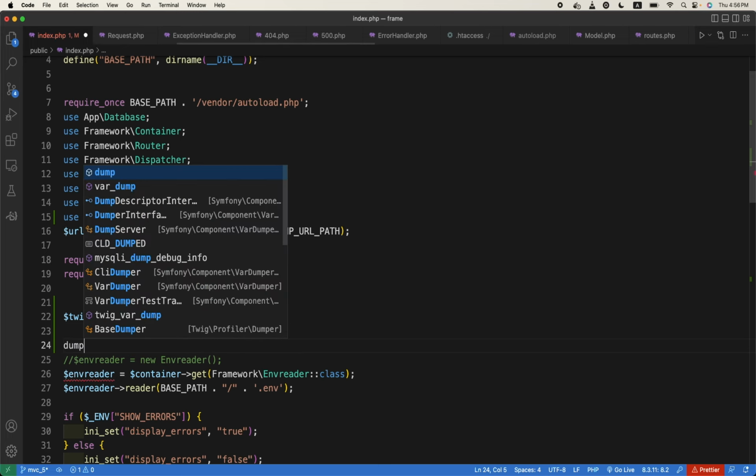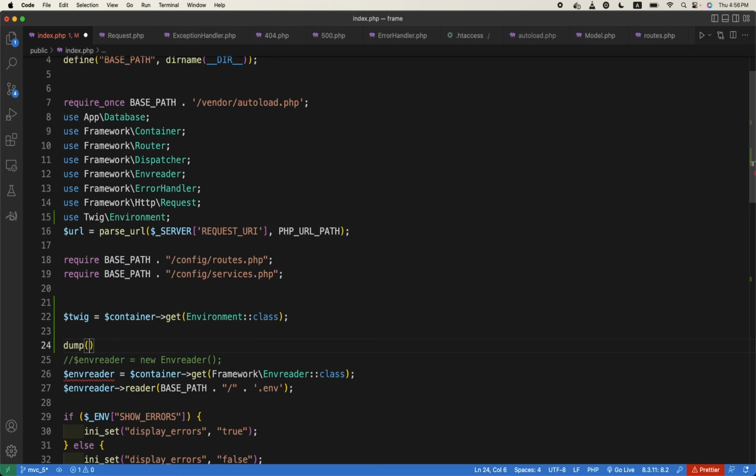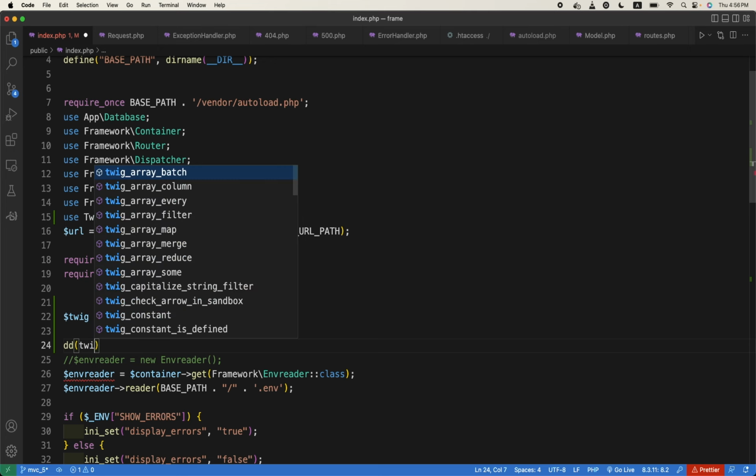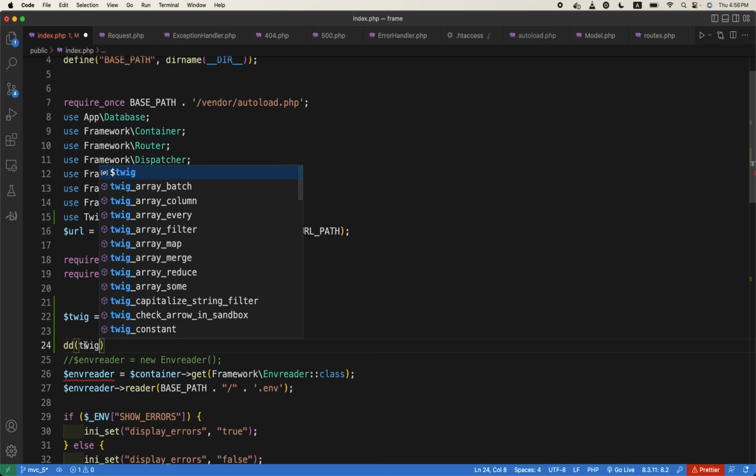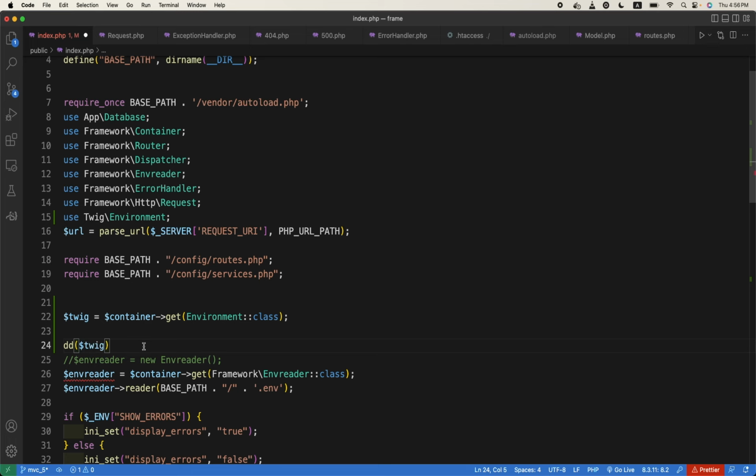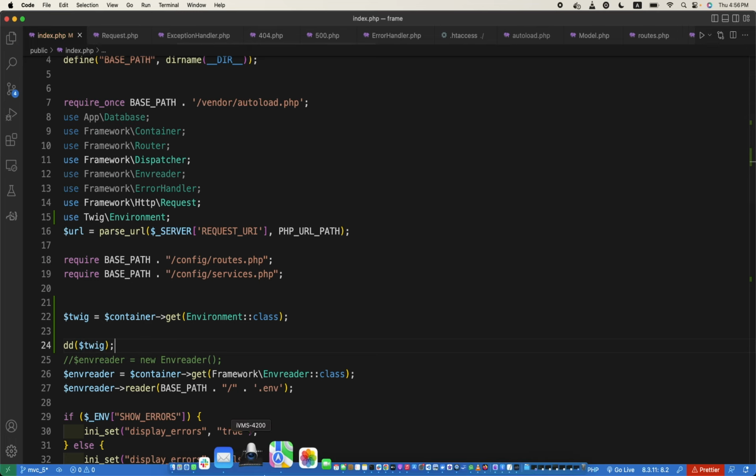Now if I dump Twig, or maybe dd for now, and refresh,